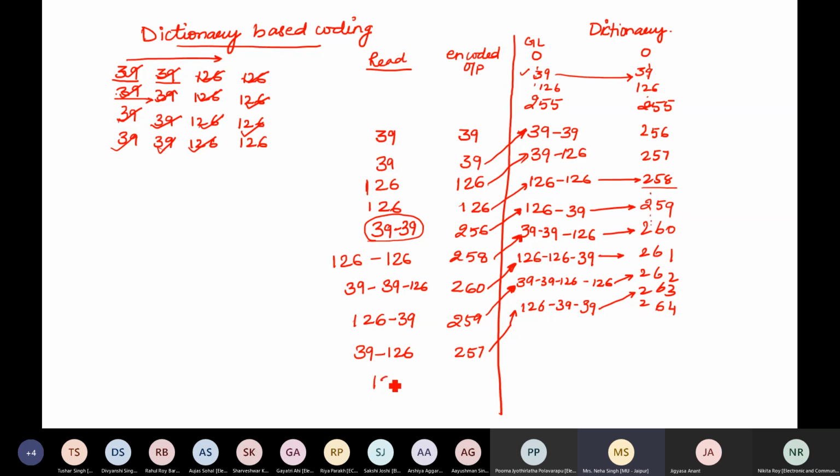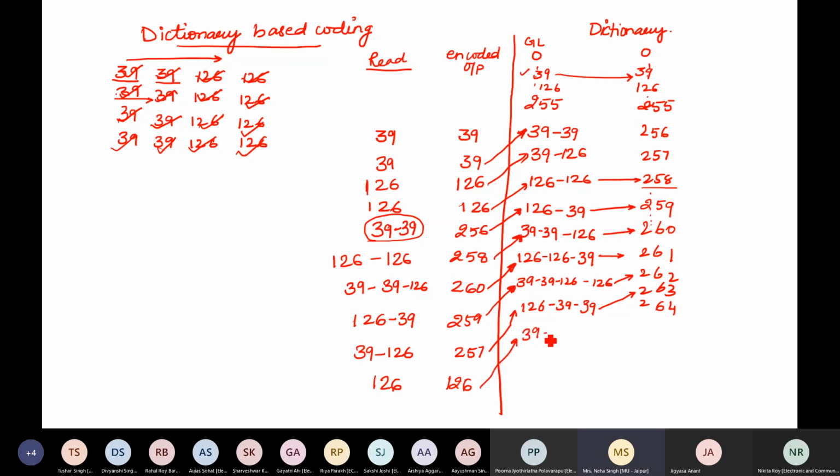And the last value I have is 126. I do not have anything else other than this. So I need to give out the code for 126 only. This is given the code 126. Right? What will be the entry at this place?